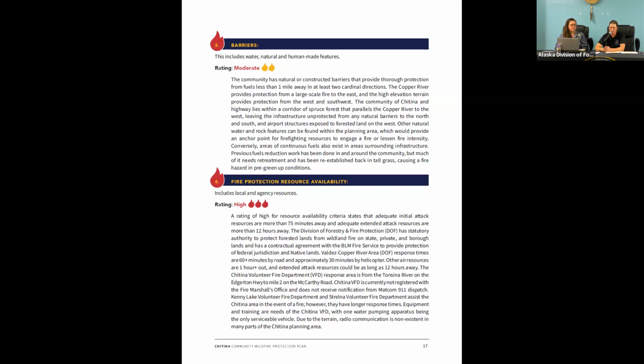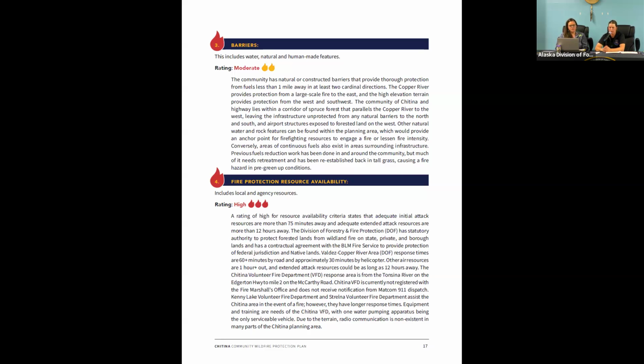So with resources within the community, having access to water and the necessary tools and equipment to help lessen the impact of fire in the least amount of time is really going to be the most beneficial thing for the community.